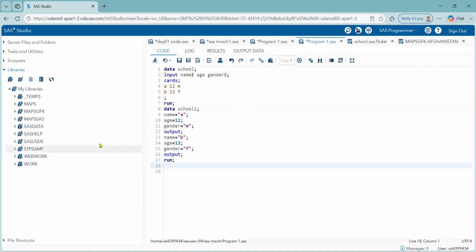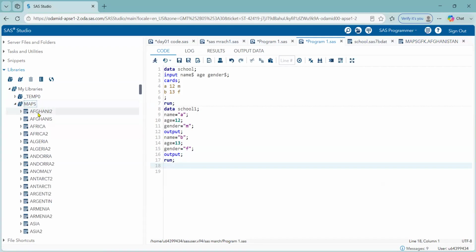Before that, I will show you how to access the datasets which are present here. For example, there is a dataset in maps, Africa. Here is the dataset Africa. So we want to access this dataset. How can we access this dataset? For accessing a dataset which is present in a library, we use a statement. Let me say data, create a new dataset test2. And in this dataset, we want to access the dataset which is already present. So for that, we use